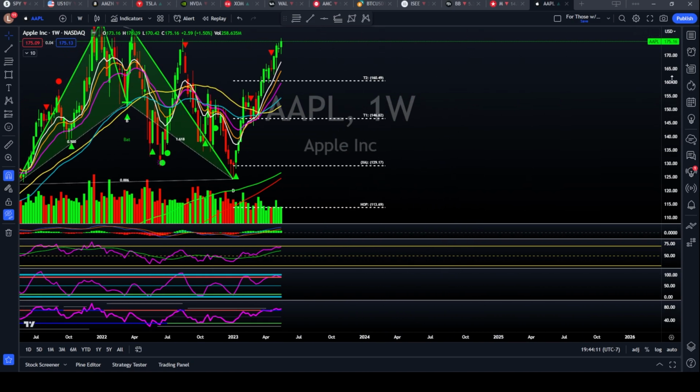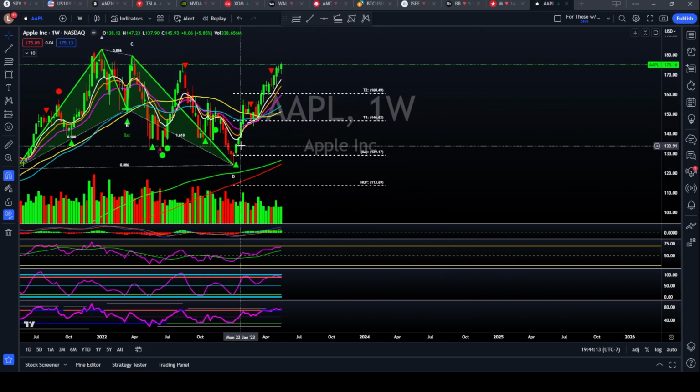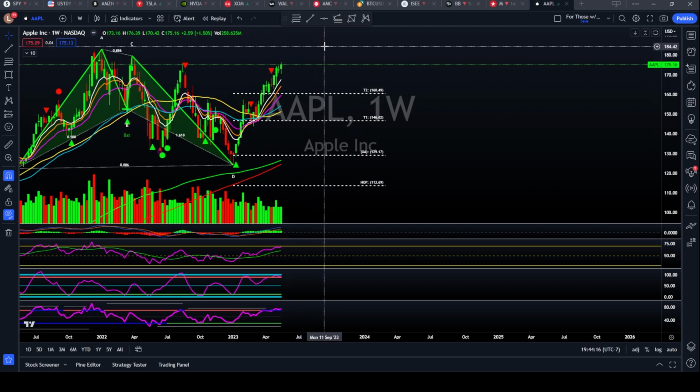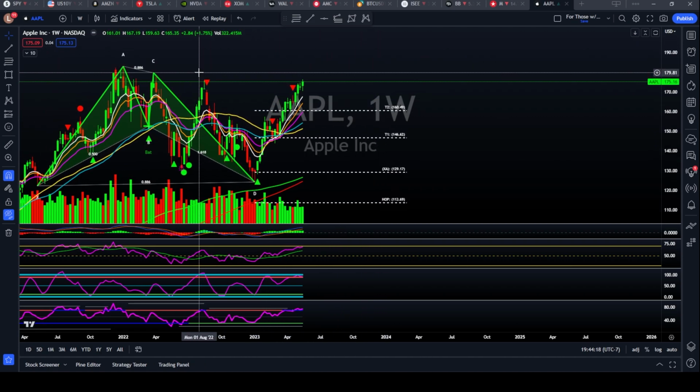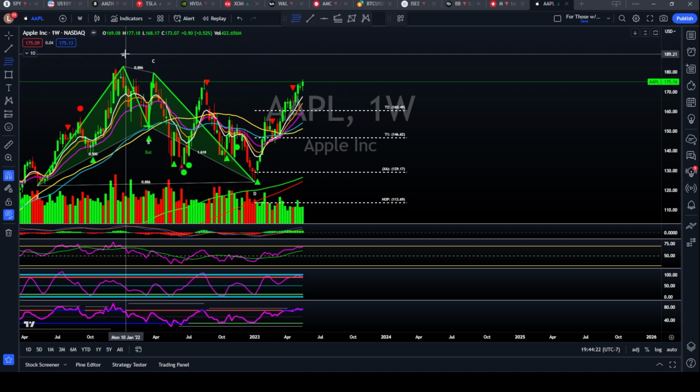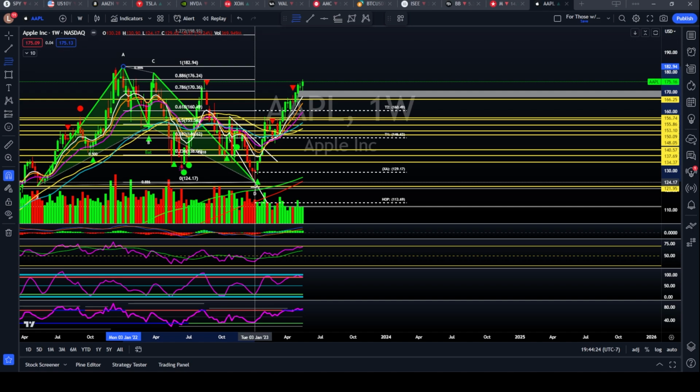The weekly, you had a beautiful type 1 reaction all the way to target 2 and extending here almost to the 786 here of the harmonic bullish bat pattern. So if we take a retracement tool here, the fib retracement tool here, the 886 is at 176.24, and I did think we hit that on Friday, 176.39. So if this continues, the 100% retracement would be the